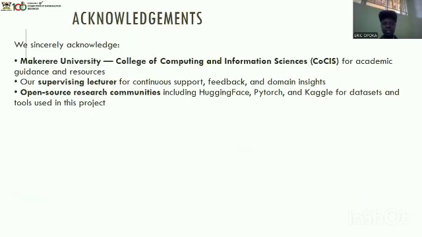Then acknowledgements. We acknowledge Makerere University, the college where we come from, for the academic guidance, and our supervising lecturer for the continuous support, feedback, and remaining insight. Then open source research communities like Hugging Face, PyTorch,